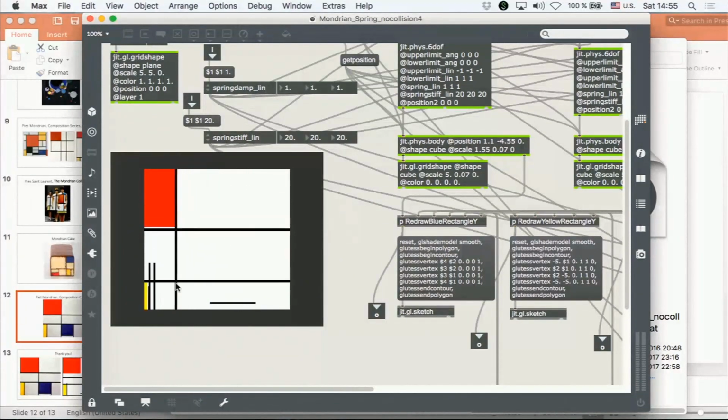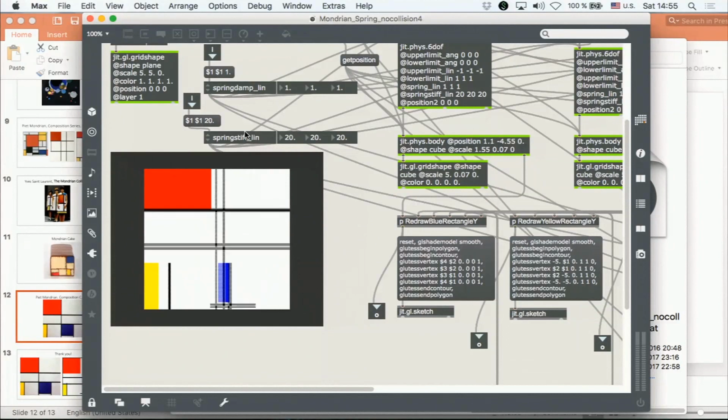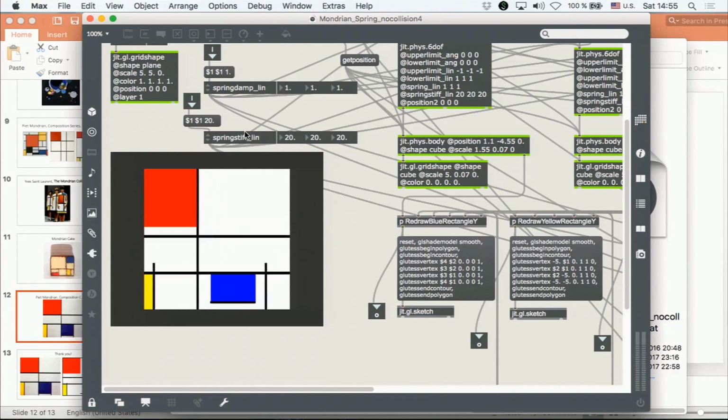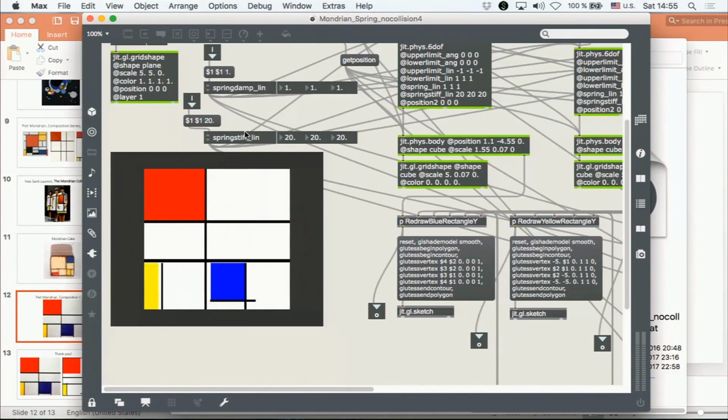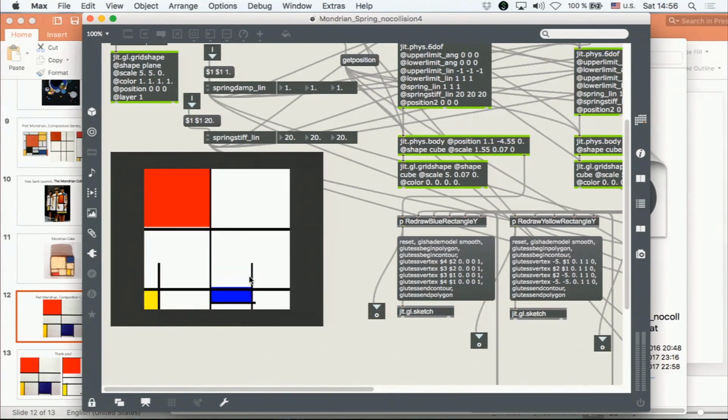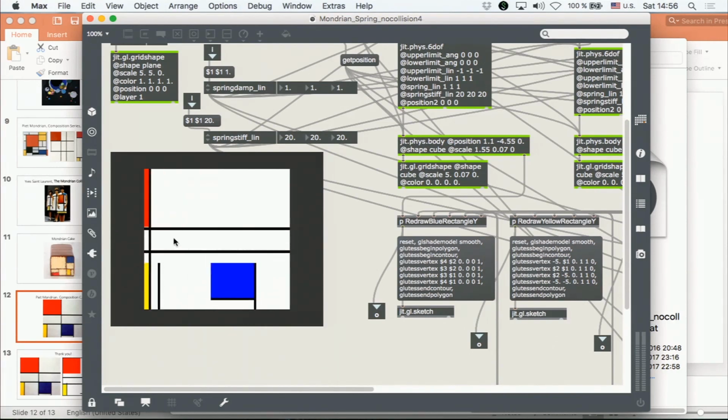And the idea was to map my different parameters on the different sides of these shapes. So I don't know, this side of the red square could, as it changes position, be controlling, let's say, grain duration, and so on, for each rectangle.